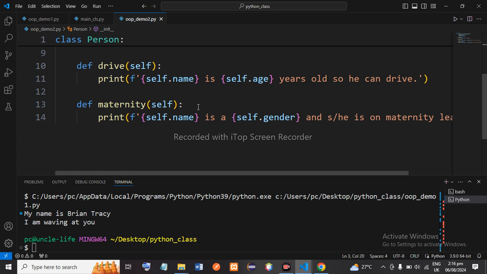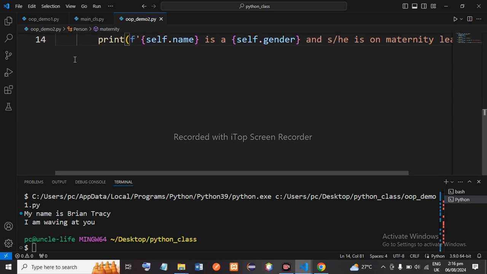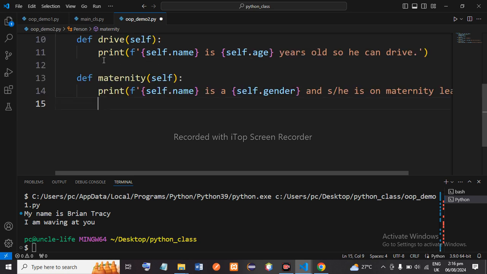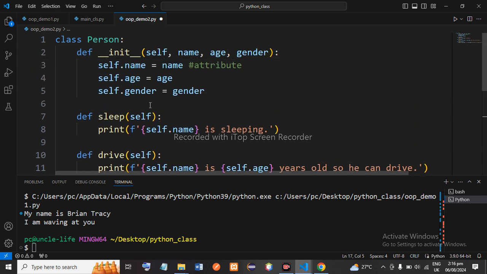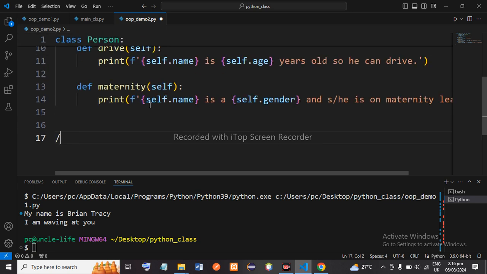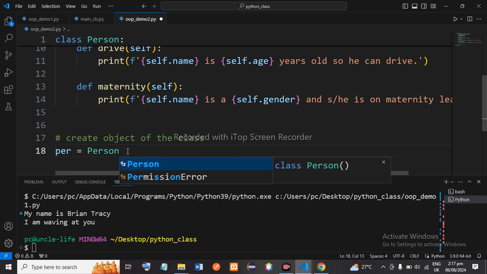We learned in our last class how easy it is to create an object of the class. So we have created the class here with some methods, and then here we want to create objects of that class. So we go out of that class. You don't create it here because it seems it's still inside of that class. So you go out and then you create objects of the class. So how do you do that? Just a variable name. We may not use obj this time, so I just use per, assigned the value of Person, the name of the class capitalized,